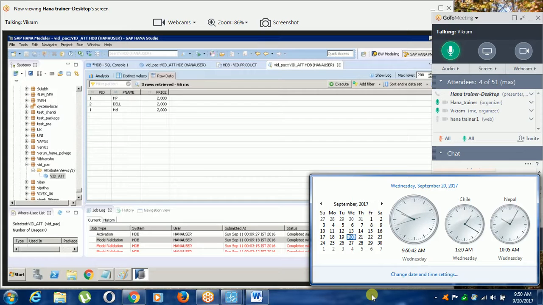In the morning we can take the class for 45 minutes or 40 minutes, but in the evening we can take it longer. That's completely fine. In the morning I can give you enough time too. We can start from 8 o'clock also. I will give you extra time in the morning.